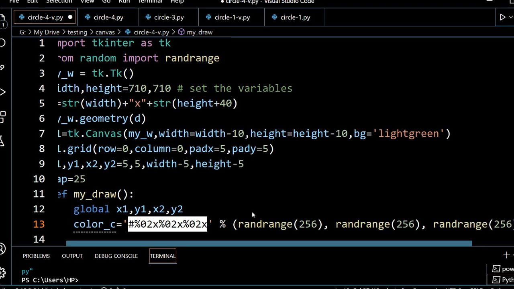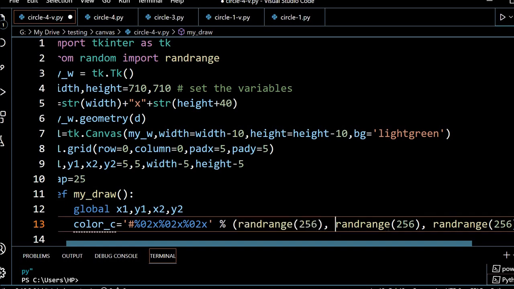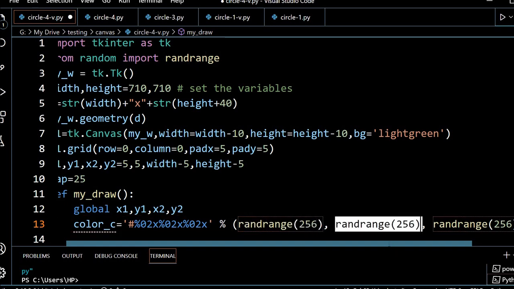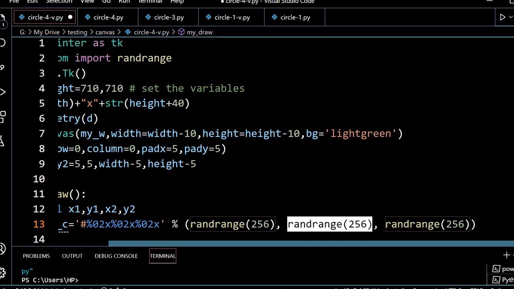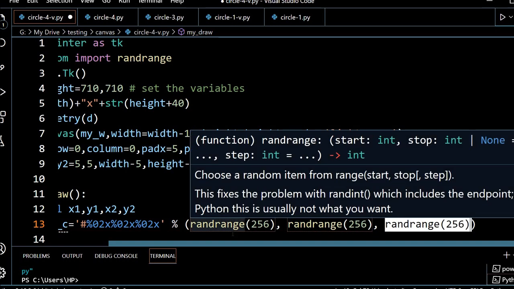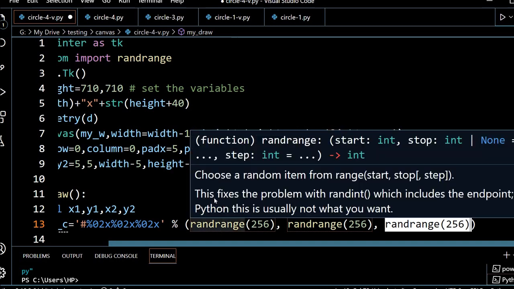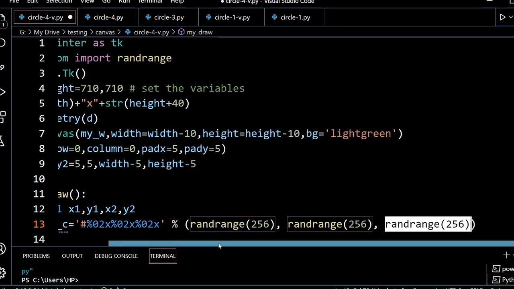This is R, this is G, this is B: red, green and blue. Every time I run this function, each will take a value from 0 to 255, because it's a random number. I don't want to fix the colors of the rectangle. You want a fresh, random color every time.